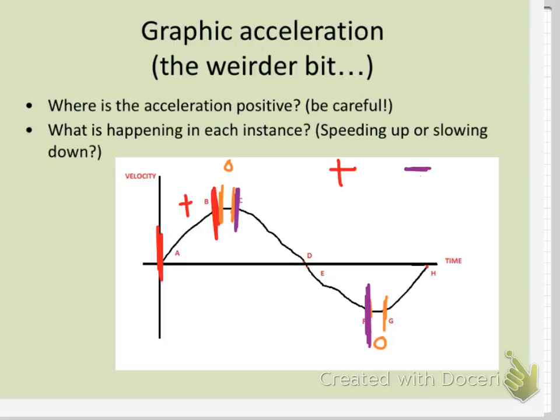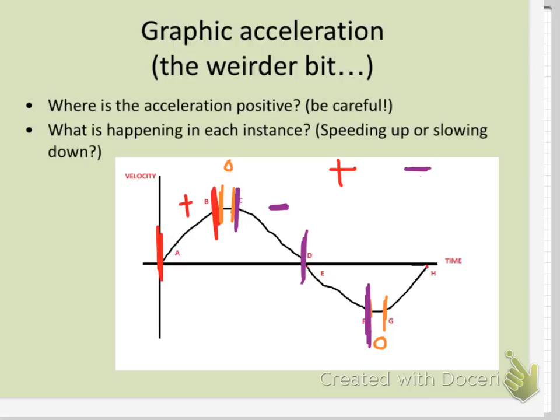So, from C to D, is there anybody here who would argue that that is not negative acceleration? Okay, everybody's on board with negative acceleration there. What about from D to F? I would venture to say positive, but I feel like, what would you say? Positive. What's the slope of the line there? Positive or negative? Negative. So what's the acceleration? Negative. Huh? If the slope of the line is negative, the acceleration is negative.